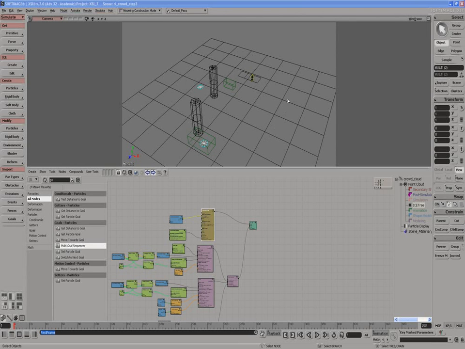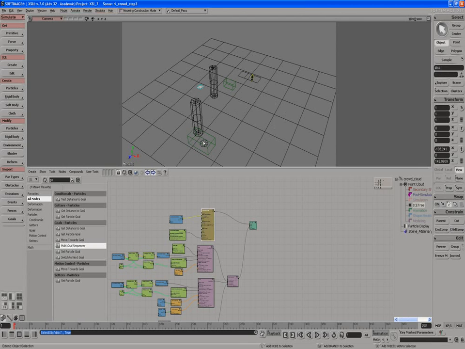So next we're going to talk about goals. We're going to have our characters go from this one null, or this one object here, to the second object here. These are both disk objects. I use disks because they're flat, and it avoids the particles trying to fly up and down off the surface. So we're just going to get those two nulls into our scene